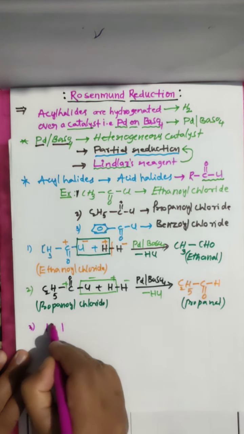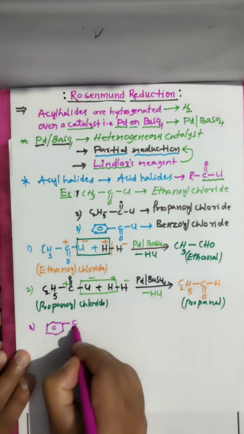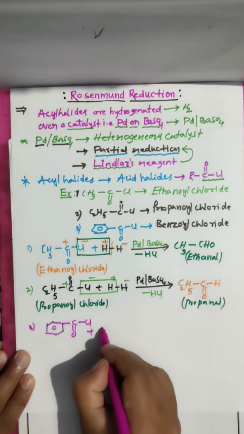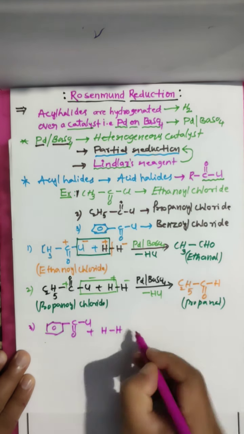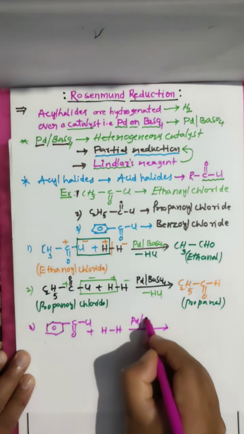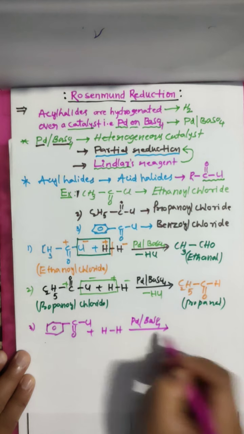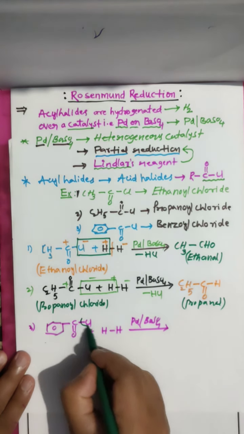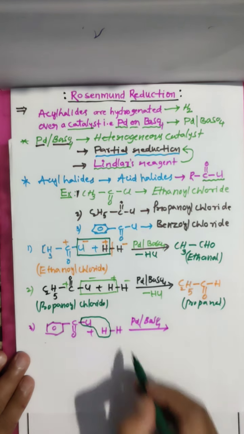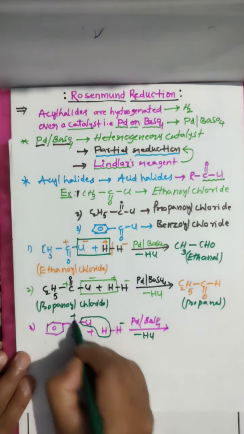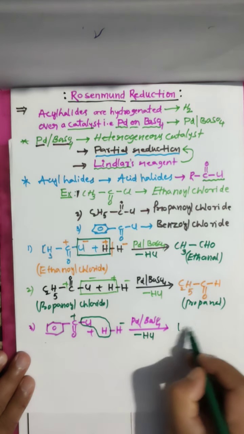See here, I am taking benzoyl chloride. What I am taking? Benzoyl chloride plus hydrogen, hydrogenation or reduction, palladium on barium sulfate. As I told previously, this hydrogen and this chlorine are eliminated as HCl. This H minus, this plus will attack. Then you are getting